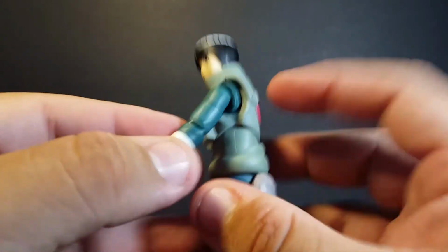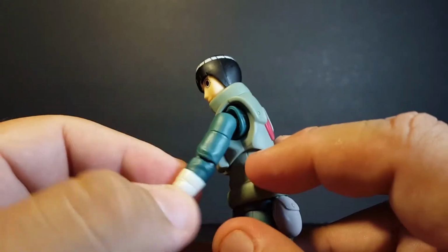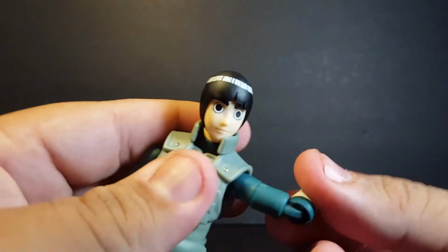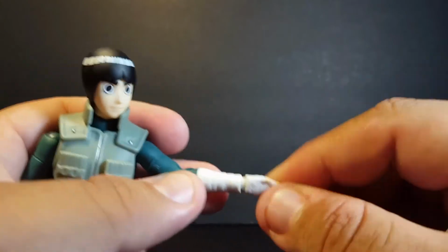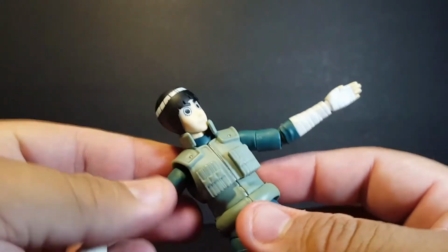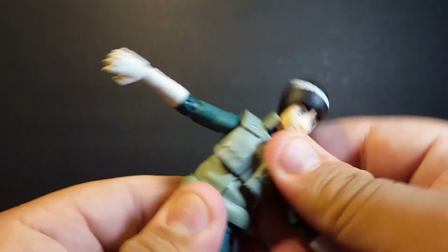There is a butterfly joint in there. You can kind of see how it rests in the cup of the shoulder blade like that, so that's pretty good. You get a bicep swivel right there. We get double jointed elbows that work very nice. Rotation at the wrist, as well as hinge at the wrist, and roll around a bit since it's on those little ball pegs. The upper torso is on a ball peg that connects to the lower abdomen, so that rolls